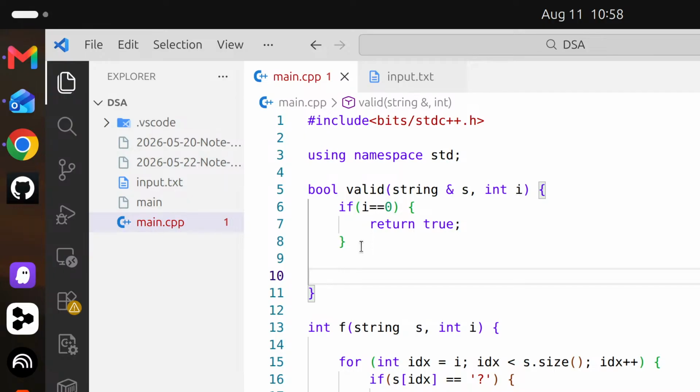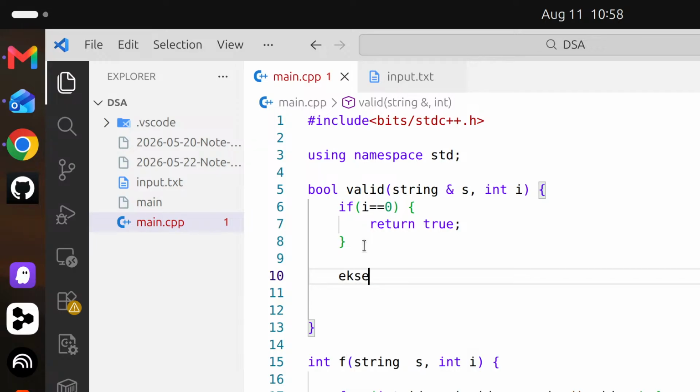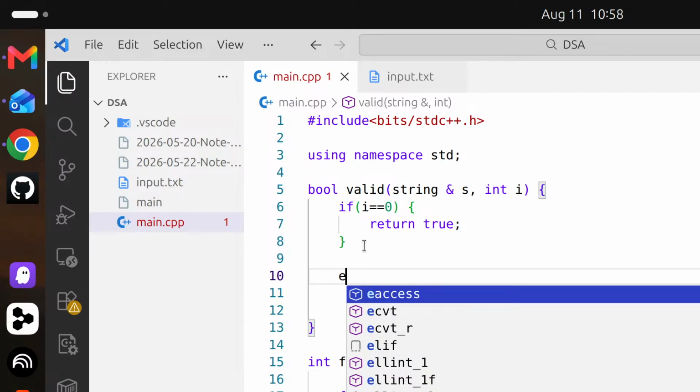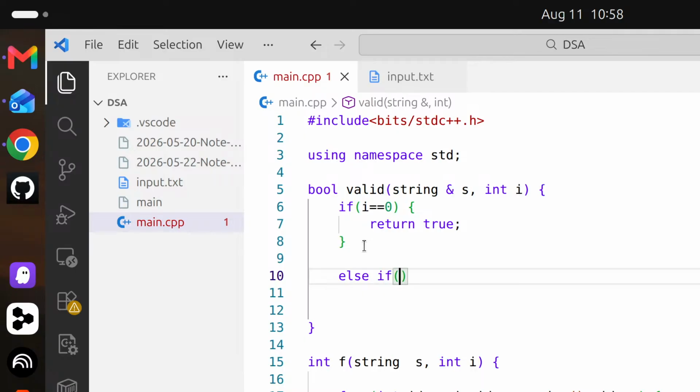And one more thing I have to check is, okay. Else if, right. In this case, what I have to do is